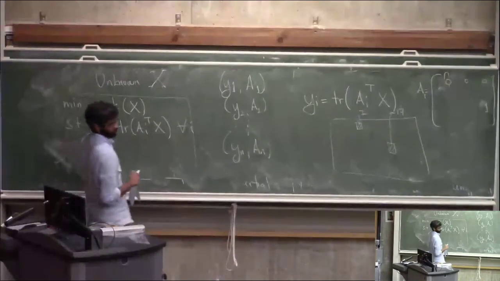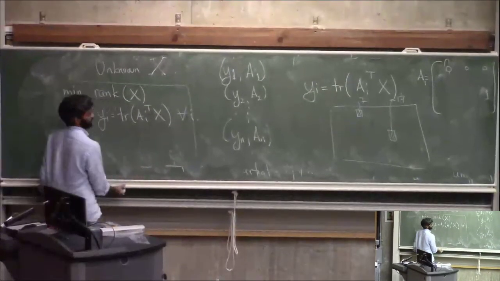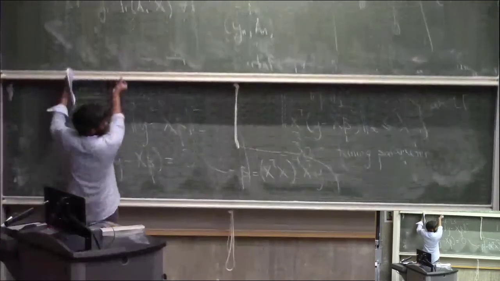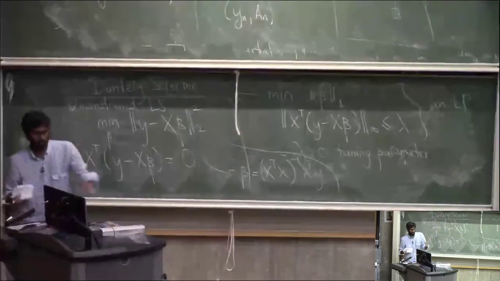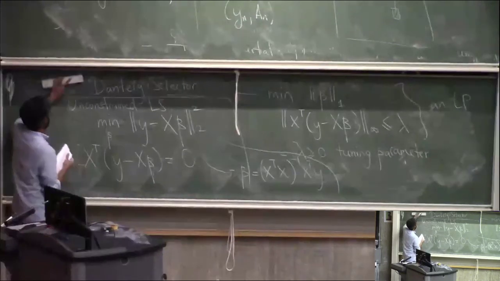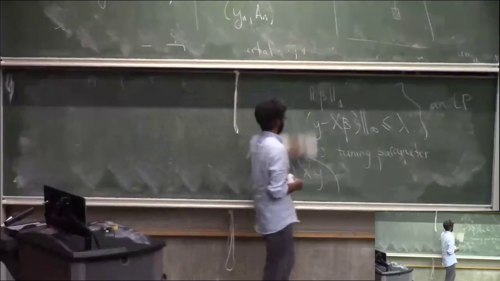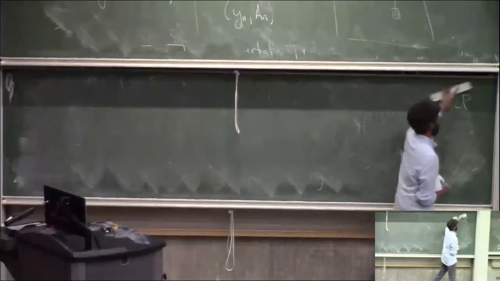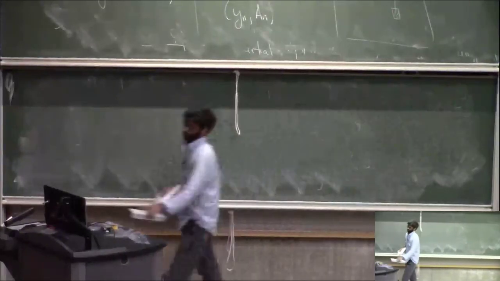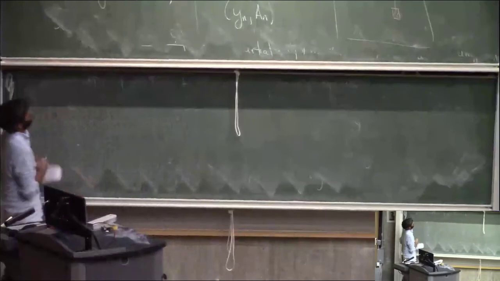And for exactly the same reason as before, this is a non-convex problem. So the natural relaxation is to again do this sort of L0 to L1 trick. So what does that mean? You think of,